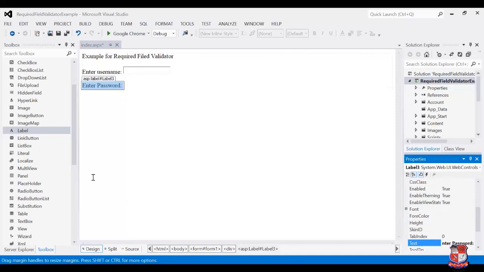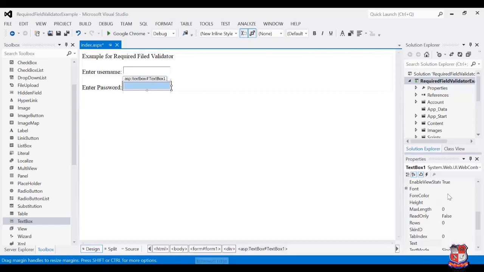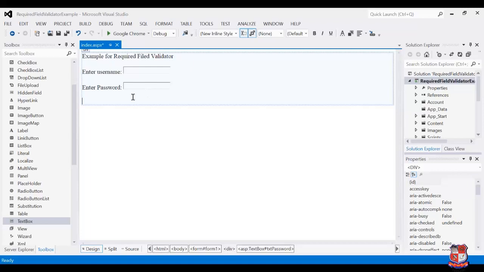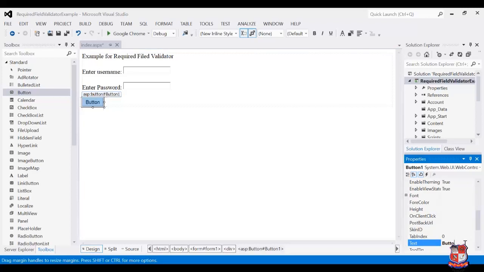Then I add a text box just beside this label control, and I set its id to txtPassword. I also set another property of this text box, text mode, because this is a password control. Now we are taking a button for submitting the data, and I'm changing its caption to Submit.